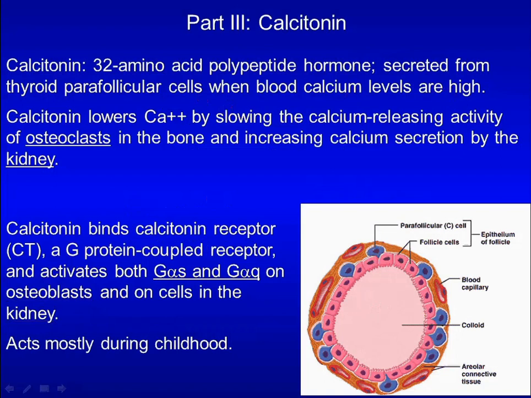Calcitonin lowers calcium levels by slowing the calcium-releasing activity of the osteoclasts in the bone and increasing calcium secretion by the kidney. Calcitonin binds calcitonin receptor, a G protein-coupled receptor, and activates both G-alpha-S and G-alpha-Q. Calcitonin acts mostly during childhood